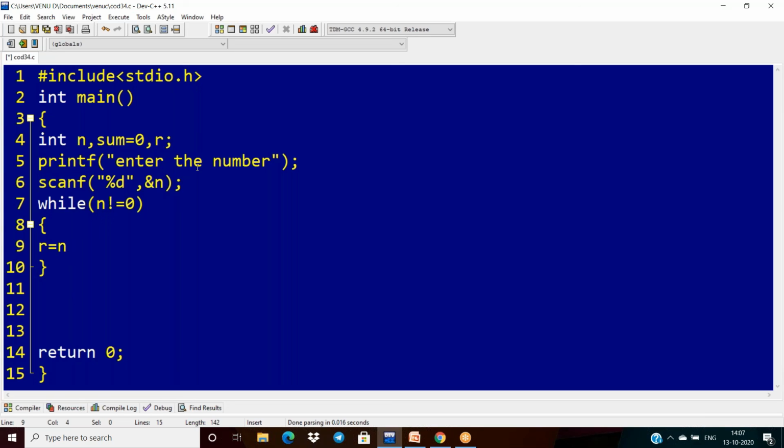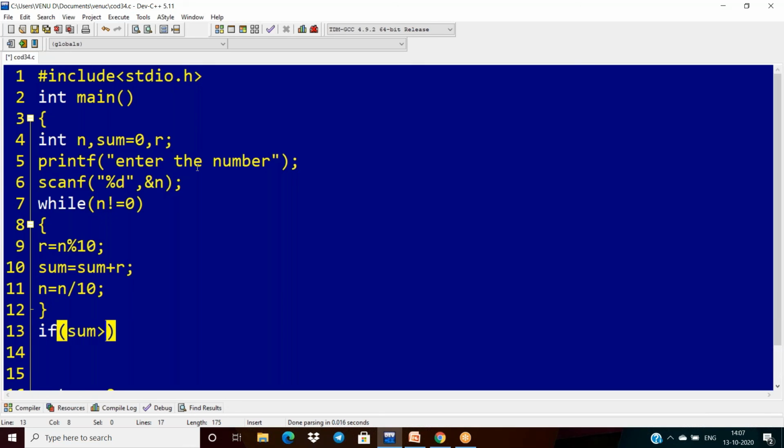Then r equal to n percentage of 10, and the sum equal to sum plus r, and n equal to n by 10. Okay. Now after this, if your sum is again a number, we can do the same procedure.